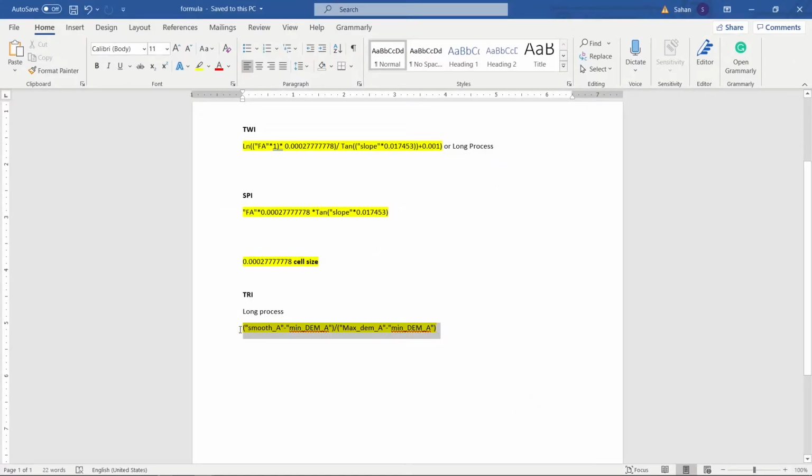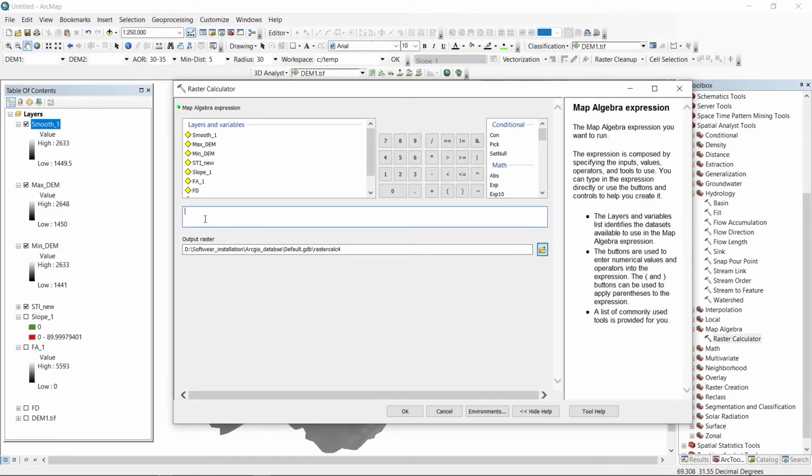Just copy and paste. Right. Here I have to remove this layer and add the smooth layer, which stands for mean. Then I'm adding mindem, then maxdem, then again mindem.